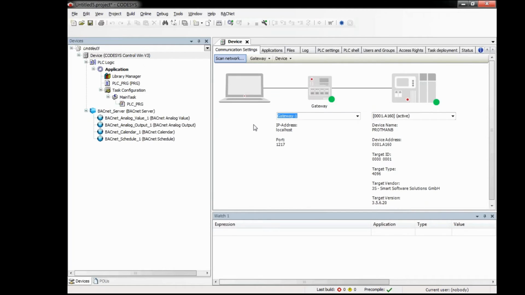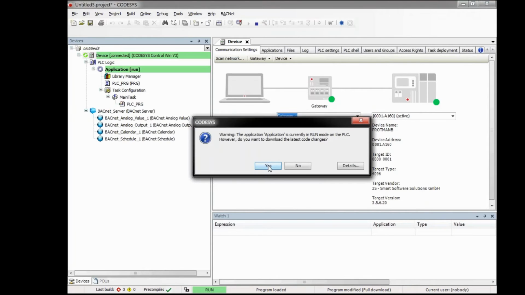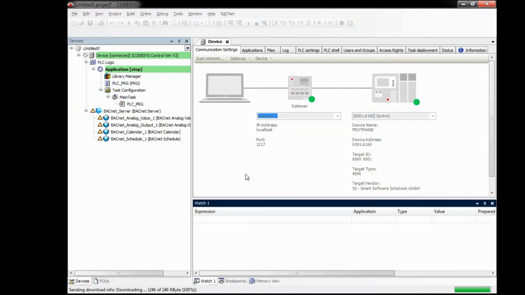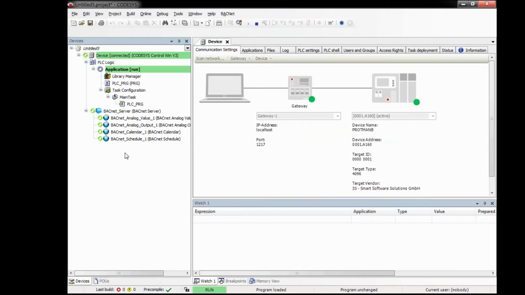So I connect to an external device and just start the server. Okay, now I start the application, and you see here in green with those circuits that the BACnet server is running, and the green color also indicates that it is fully licensed.